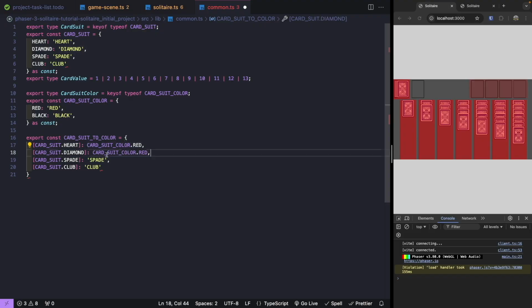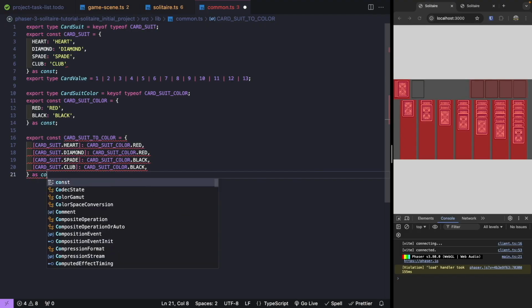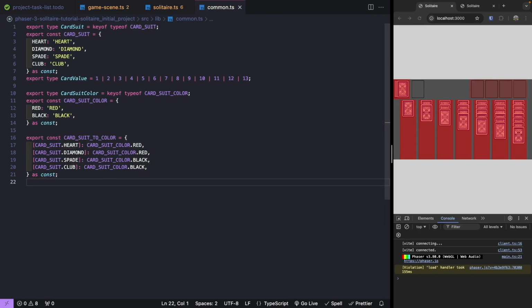We'll go ahead and paste it. And now we're going to do black for our other 2 suits. Then let's do as const, so then we can't modify our object. All right, so the next thing we're going to do is create a class to actually represent